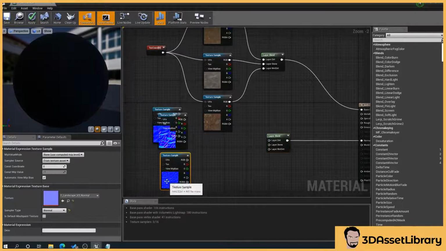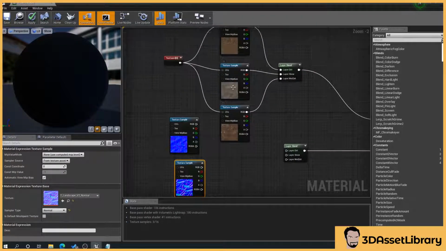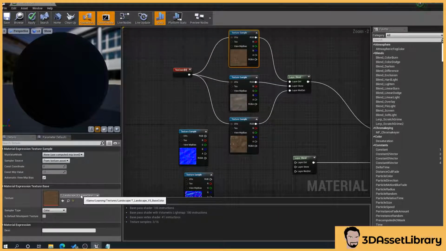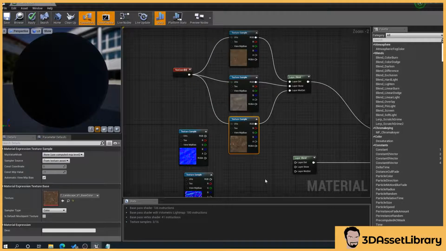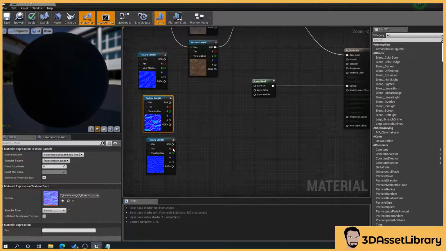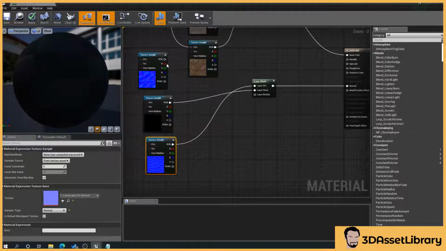Now these have to tally up with these. So you say, for instance, that's number 3. So we find number 3 here. So it tells you over here what it's named. So as you see here, landscape v3. And we need to find our relevant one, which is this one. Then plug those in to the relevant ones